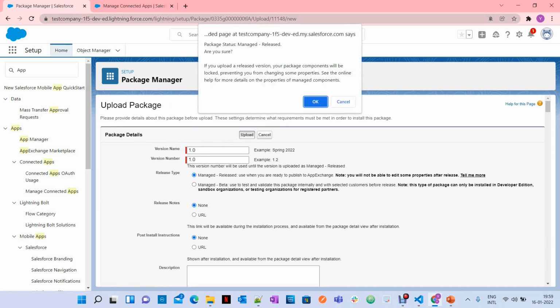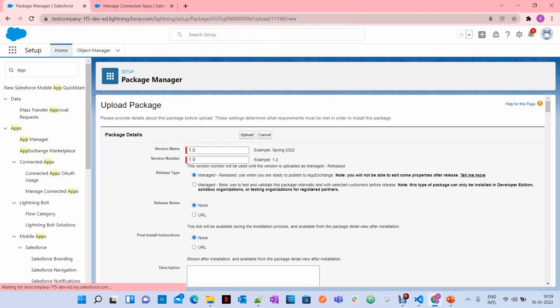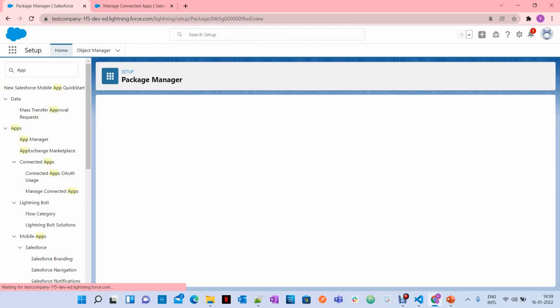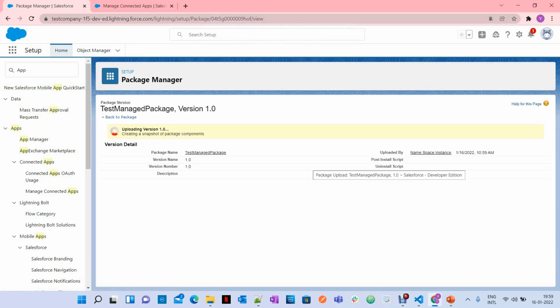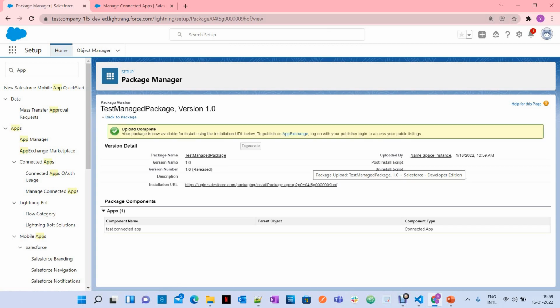That means you are releasing your first generation package here. Now you released a first generation package with your connected app, test connected app, successfully.